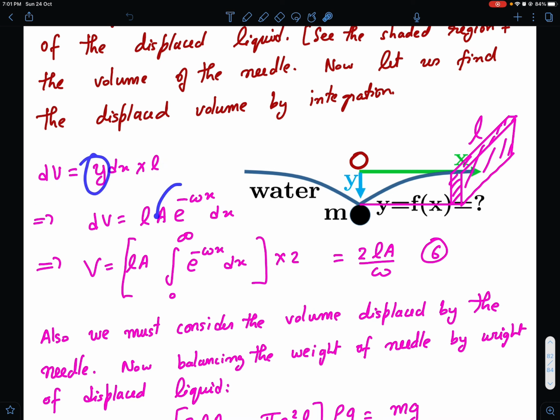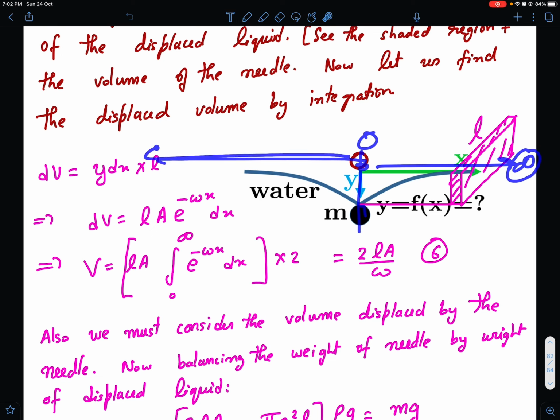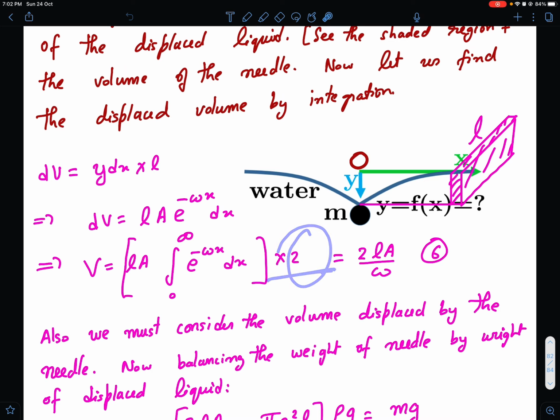So this is the small amount of volume of this strip considered, right? So dV is simply what? Now y is a e to the power minus omega x. So dV is L as it is, and y is a e to the power minus omega x, and then dx comes as it is. Okay, and now you need to integrate this from 0 to infinity. So here x is 0 and there x is infinity. And you have a similar amount here also, because by left and right symmetry you have a multiplying factor of 2 here. And if you integrate this, it is a pretty simple integration. The integral of e to the power minus omega x will be e to the power minus omega x divided by minus omega, and at infinity that will go to 0, and at 0 it will go to 1. So if you calculate, this comes out to be 2La by omega.